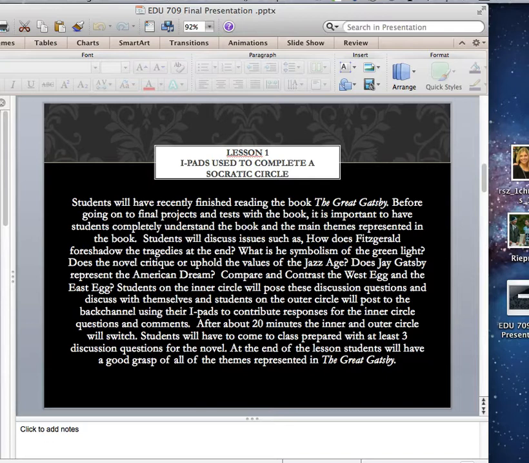and then students on the outer circle will be using their iPads and an app called Today's Meet, and they'll be using that app on their iPad to respond to the questions that the people on the inner circle are asking. When they respond to these questions, their responses will show up on the board in front of the room on the projector, and students on the inner circle will be able to address their responses. After about 20 minutes, the inner circle and the outer circle will switch, and